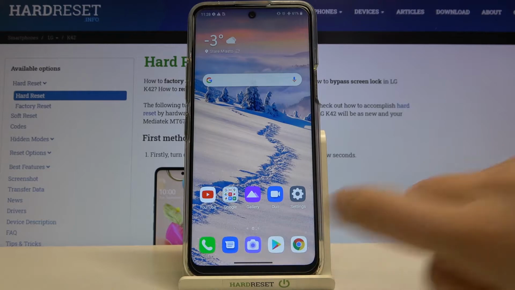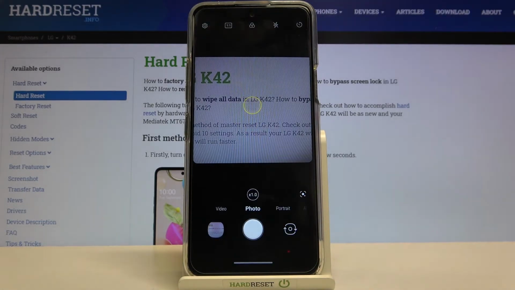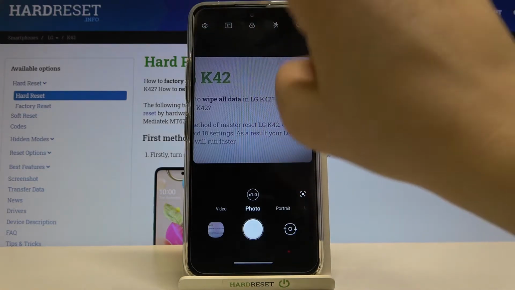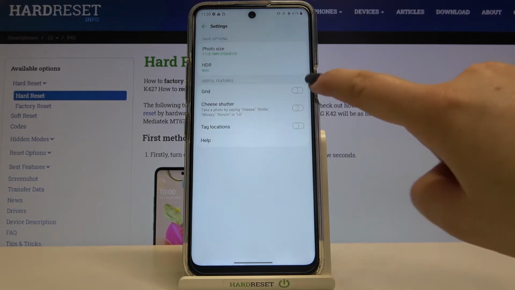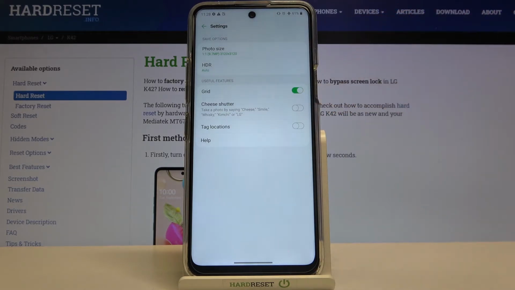So first of all we have to enter the camera app, and now all we have to do is simply make sure that we are on the photo mode, and we are, so we can tap on the settings in the left upper corner, so let's do it. And as you can see on the very first position in the useful features section, we've got grid. So in order to activate this feature, simply tap on the switcher right here, and from now on it should